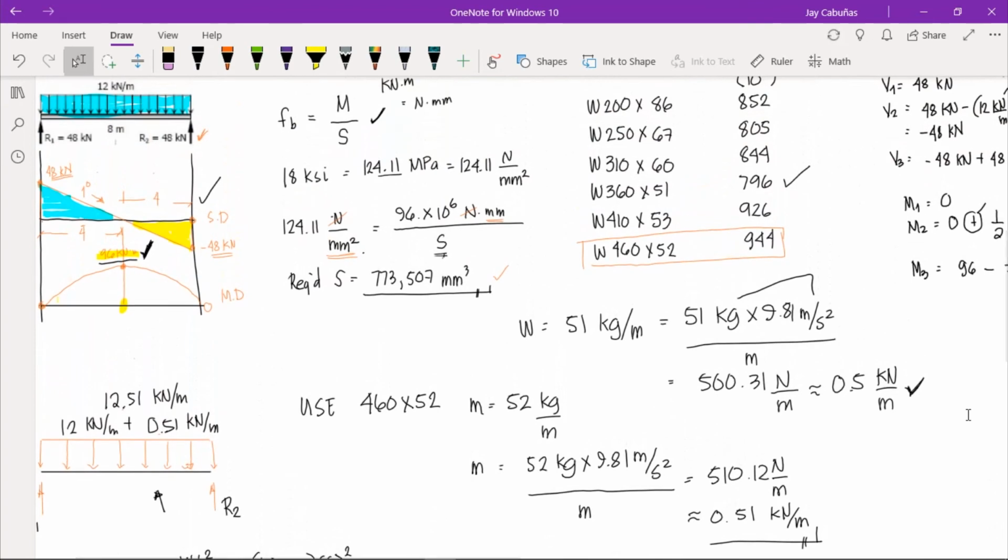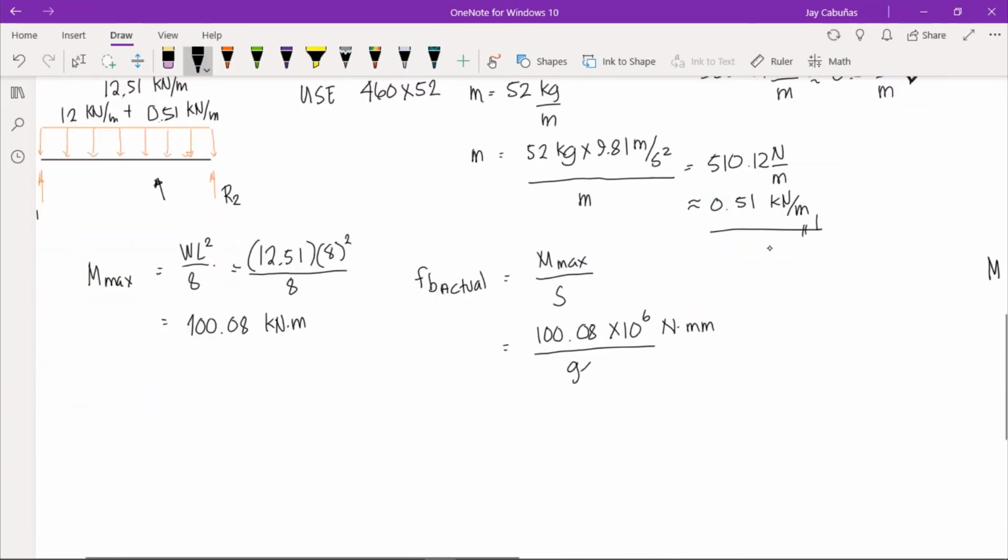We have 460 by 52, we have 944 times 10 raised to the 3, that's in millimeter cubed. So our actual bending stress, or actual flexural stress, is equal to 106.017